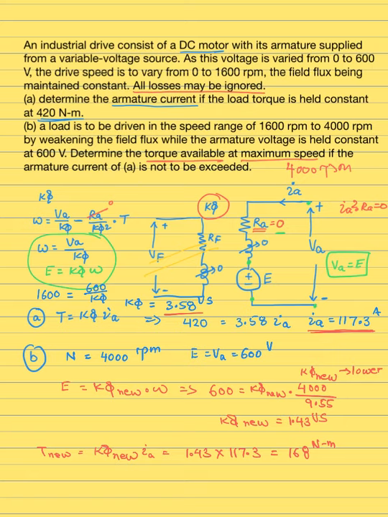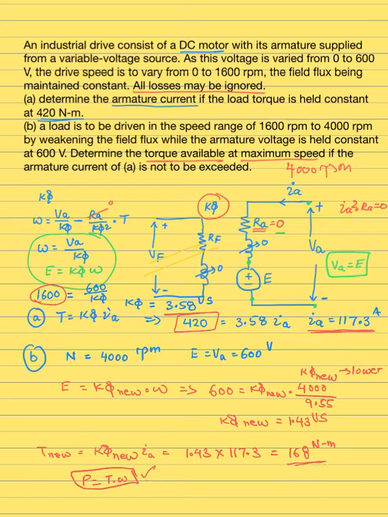Now the thing to observe is that the machine power remained constant in the two situations, meaning the power is given by torque times omega. If you look at the first situation, what is the value of the torque? The value of the torque is 420. What is the speed? The speed is 1600 RPM. So if you do 420 times 1600 divided by 9.55, you'll see whatever amount of power you're getting,